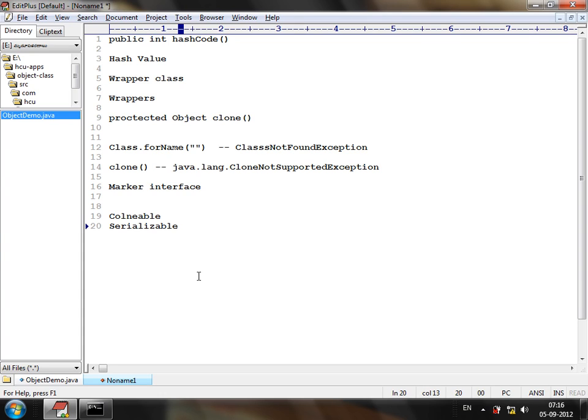So, it's not possible to create custom or user-defined marker interfaces. Understood? Everybody? Now,